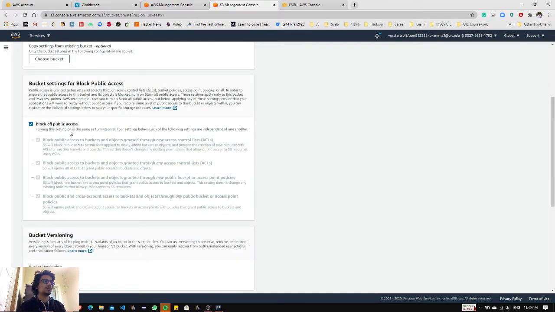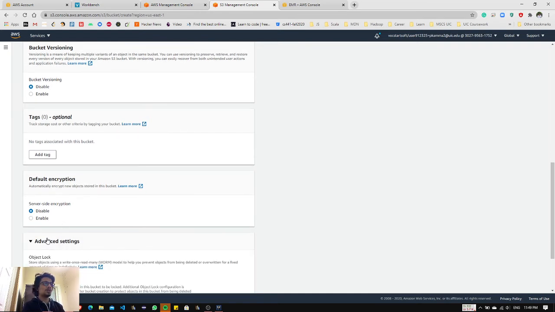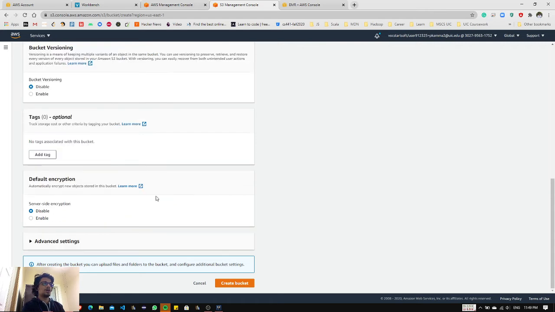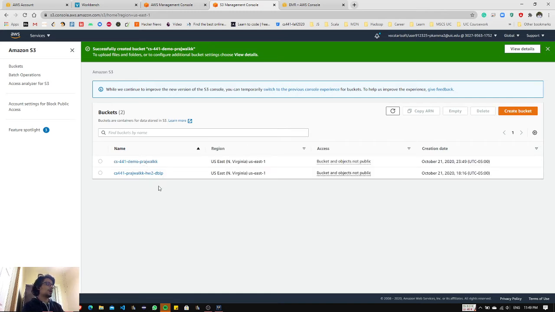Choose your region. Block all public access, because this is a private project and I just don't want to deploy it to the community yet. I'm going to keep all this default and not tinker with that. Then just create the bucket, and you'll have your bucket created here.